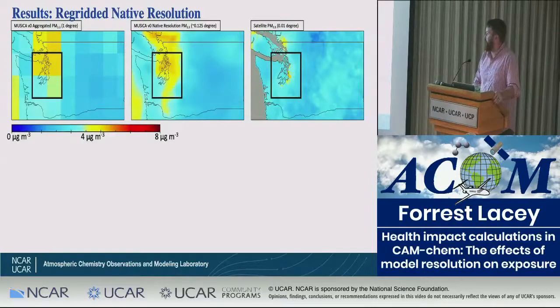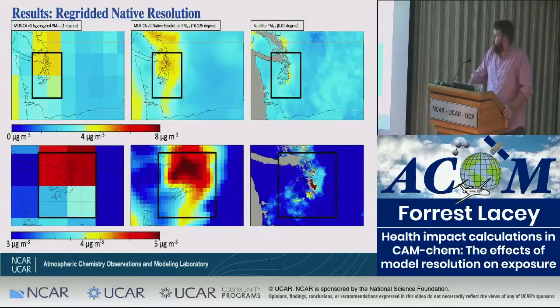And what we're going to do is look at this specific region that encompasses 4 1-degree grid cells. So here, I've rescaled it, and you can really see how the resolution impacts the distribution of PM2.5 moving throughout the area. In the 1-degree model, this is only 4 grid cells. But as we go to the 8th degree model, that increases by a factor of 8. And then the satellite data, as I mentioned, is at the 1 kilometer resolution, so that's what we're showing here.